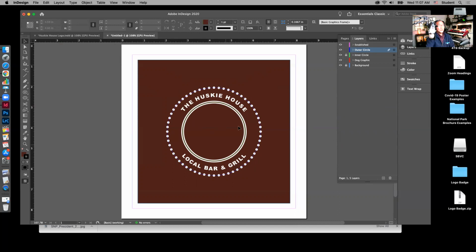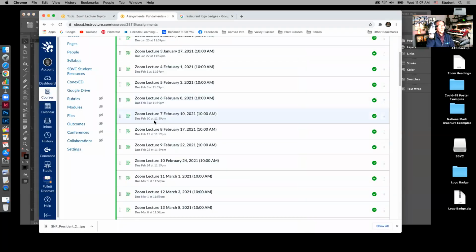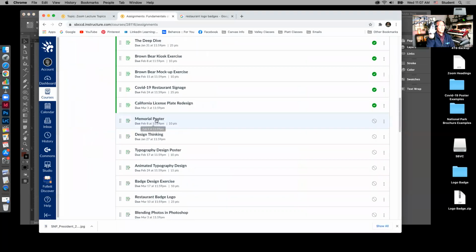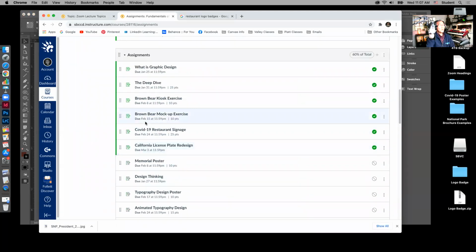And now all I have to do is bring in the dog graphic and the established recently, and I'm done. Okay. So I'll lock my outer circle and I'll select the dog graphic circle. Now the dog graphic I'm going to give you, and it's going to be in the assignment. Okay, the assignment that you're going to look for is the assignment that says